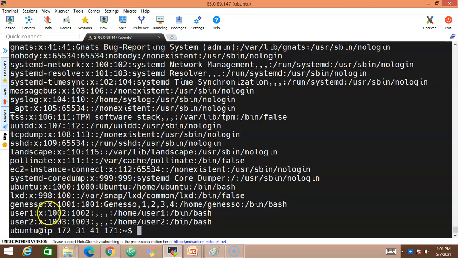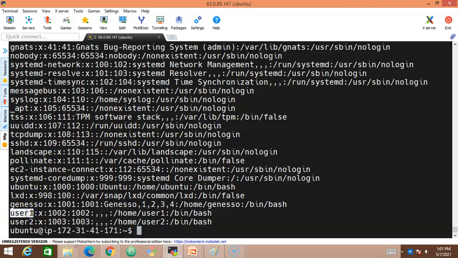If you look closely, this is a username, and this is going to be the group ID, or this is the user ID. Now my requirement is, if I cat this file, it is going to print the entire file content. Instead of that, we want to print only the username.